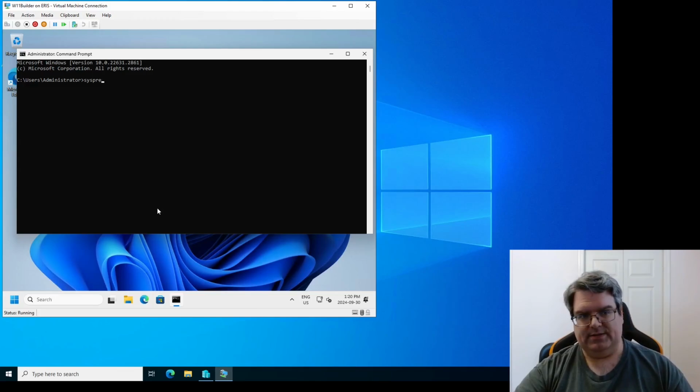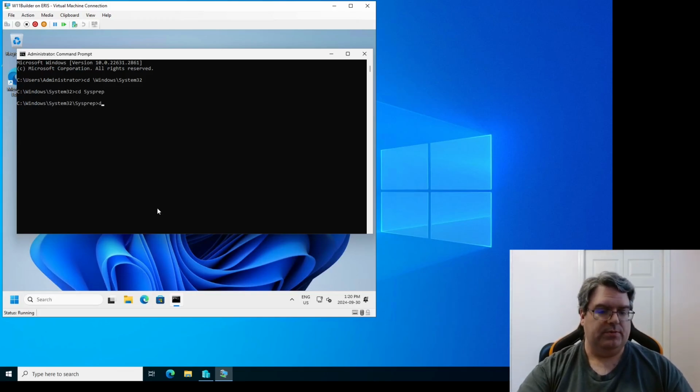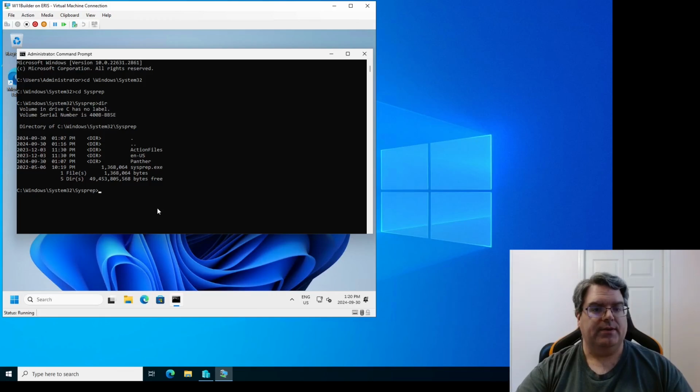This is, as I recall, in Windows, System32, and in Sysprep. Should be anyway. Yep, there's sysprep.exe right there. Wonderful. So then if I run sysprep,